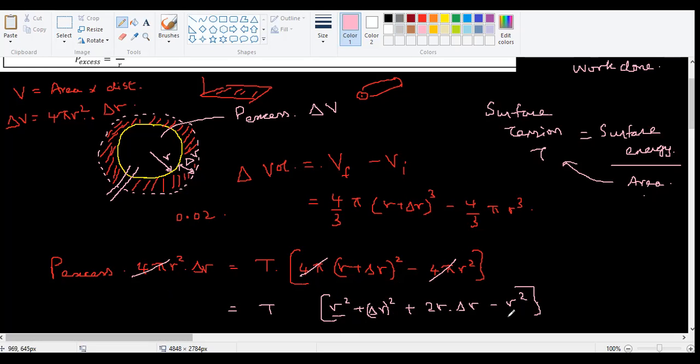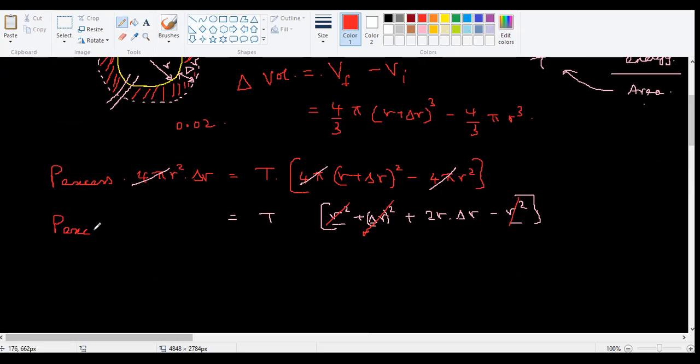So this r squared and this r squared will cancel. This delta r the whole square is a very small term, right? I told you 0.1 the whole square will be 0.01, which means it's even smaller. So I think I can ignore this also. I will cancel this. So what is left is